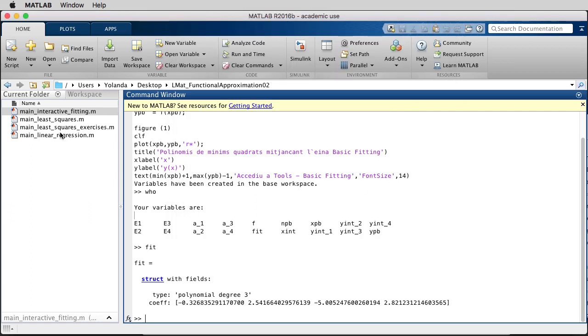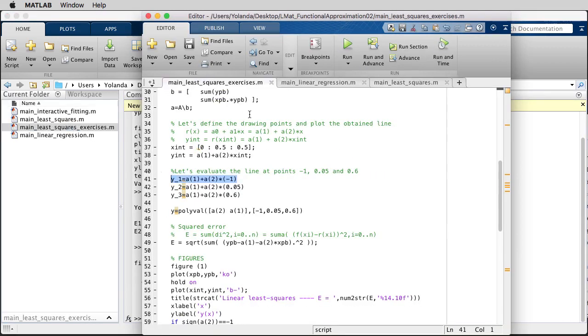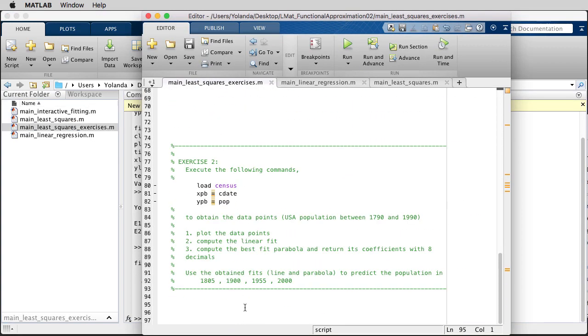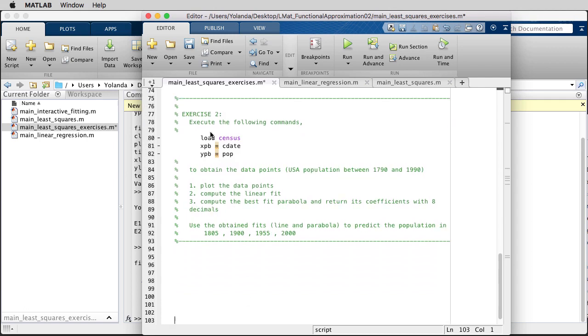Just to finish, I wanted to propose you an exercise. The exercise is the following one. Please execute the following commands. Load census, define xpb as the variable cdate and ypb as the variable pop. In fact, what this does is to load some data points from the US population between years 1719 and 1919. And what you need to do is first plot the data points,